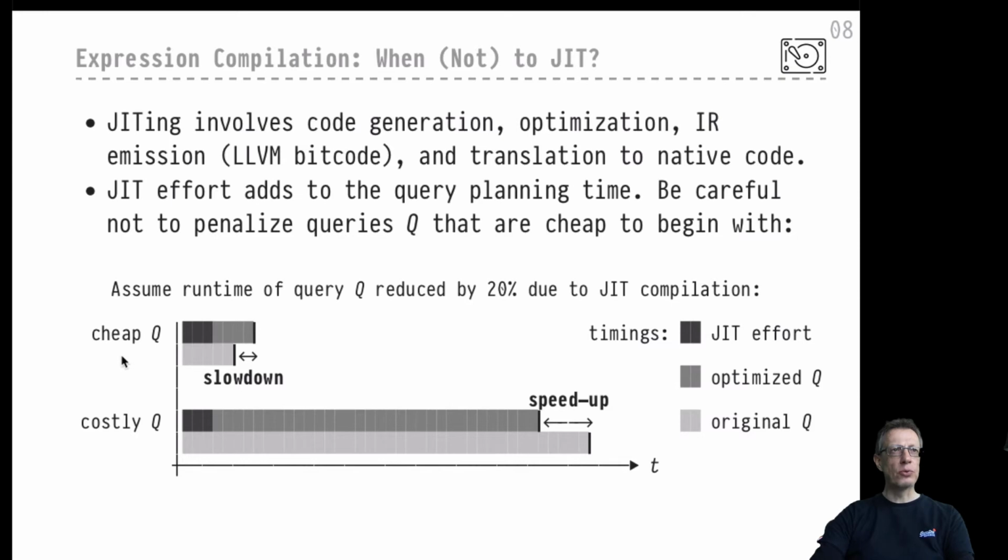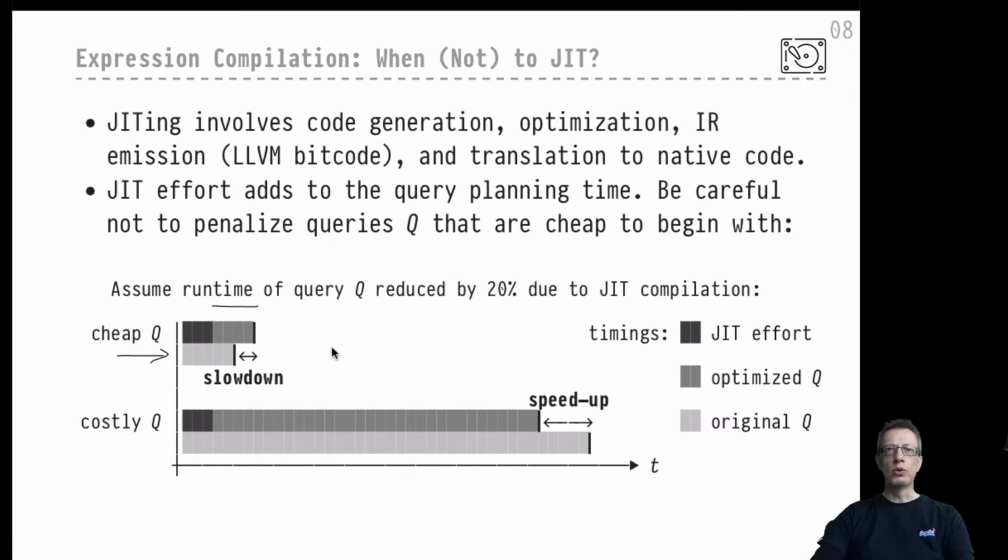And when I talk about its original runtime, I'm talking about this fraction of time here, this bar of time. That would be the original runtime of our cheap query queue. Okay. Let's assume that JITting has some benefit and it would reduce the runtime of the query by 20%. That would be the middle gray section here. That would be the runtime of the query queue reduced by JITting by 20%, so only 80% of the